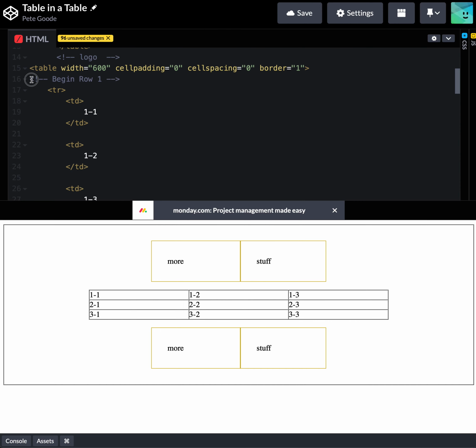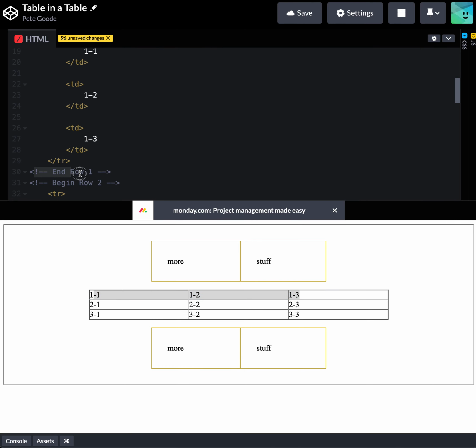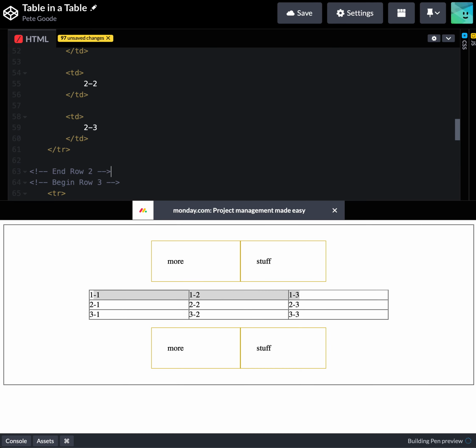I like to sometimes put these at the beginning of a row. So you see row number 1, where you've got cell 1, 2, and 3, and I've got beginning of row 1 up here. Then I've got the end of row 1 and then the beginning of row 2. That'll help you, because if at some point you say, you know what, I basically want to copy the way row 2 is, you go after the end of row 1, copy all of that comment all the way down to the end of row 2, copy and paste it in,